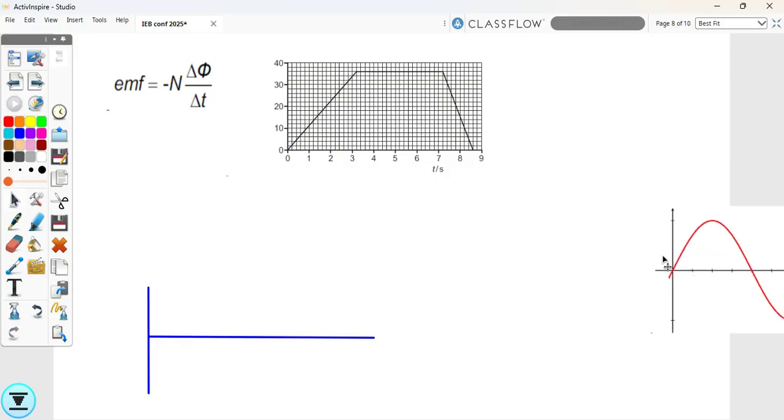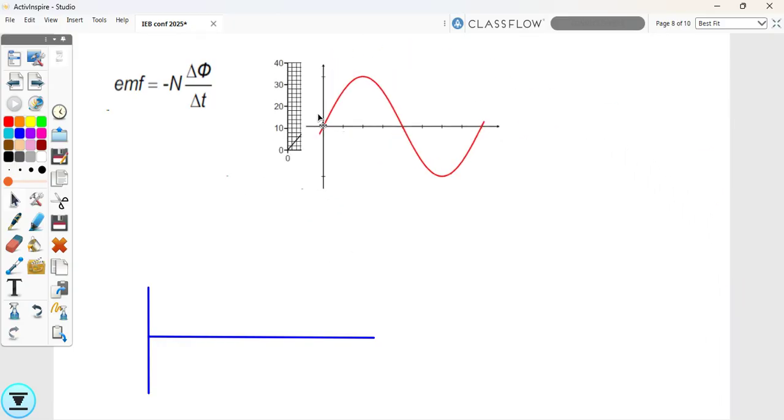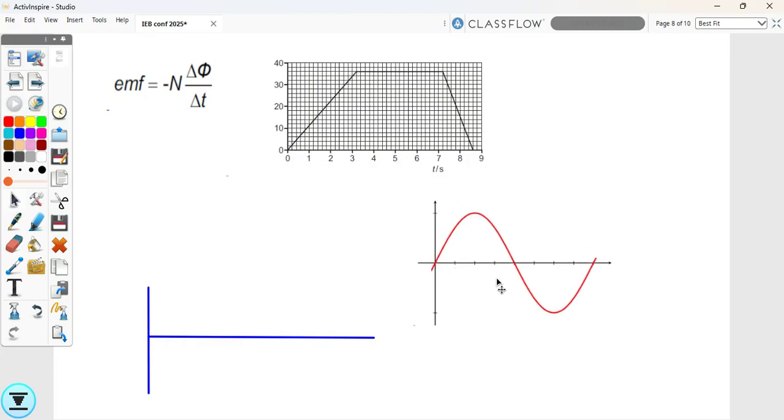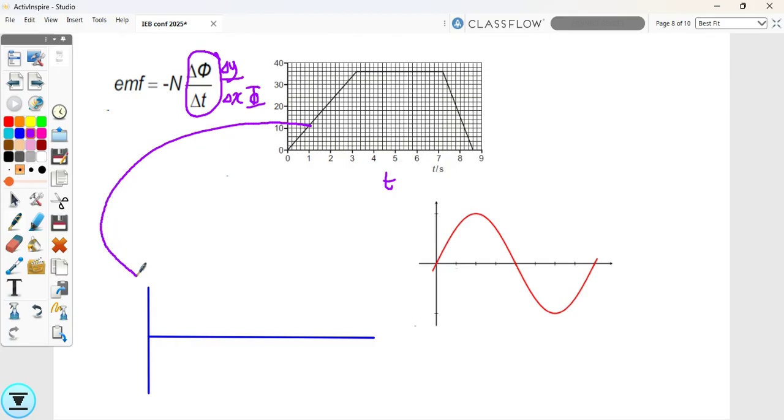It is true, but only in certain circumstances, because for this answer, we got a lot of that, and my students did a lot of that, and even in our prelims did a lot of that. And they need to realize that it's not always a sine and cos graph. And because the equation tells us that it's change in flux over change in time, if this is my flux graph, then that would be change in y over change in x, which is my gradient of my graph. And then it becomes a little bit like a velocity to acceleration graph. And those they are very familiar with. And as soon as that link is made, that it's the same type of method that you need to